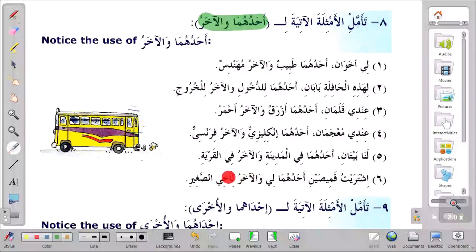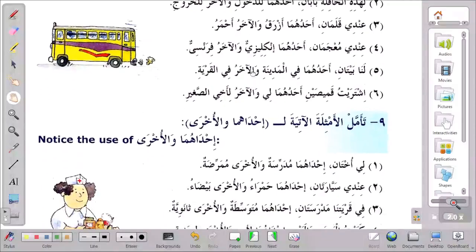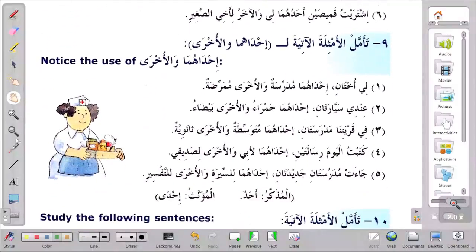Akhi is my brother, but when you qualify it with an adjective like akhil kabir or akhil sagir, it will mean whether you're junior or you're senior, you understand? Okay, so akhil sagir, my junior brother, my small brother. Okay, so now here تأمل الأمثلة الآتية